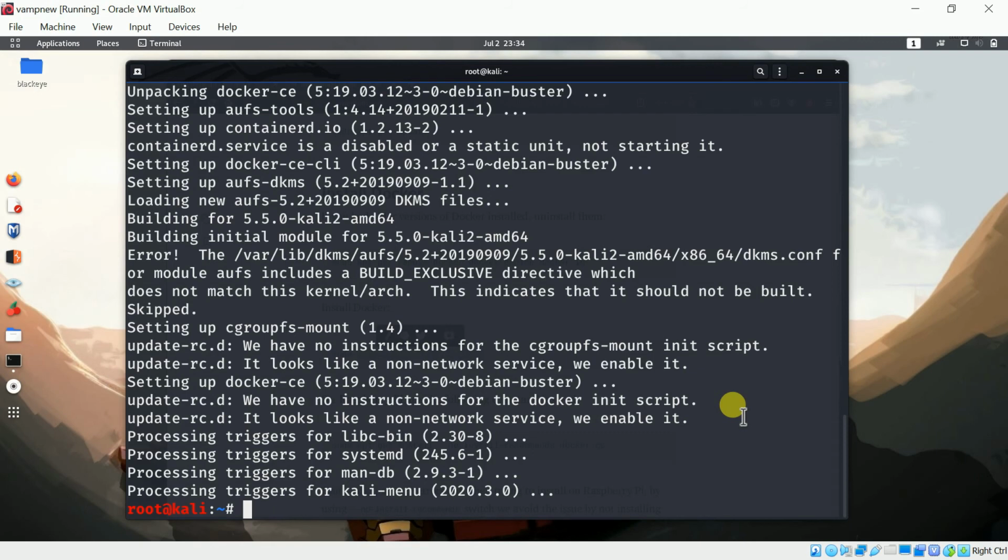So finally our Docker installation has been completed, and it took around 8 minutes 50 seconds for complete installation and another couple of minutes for configuration.